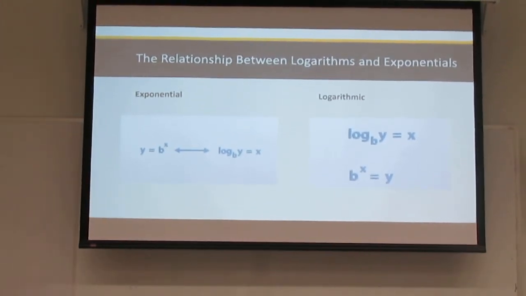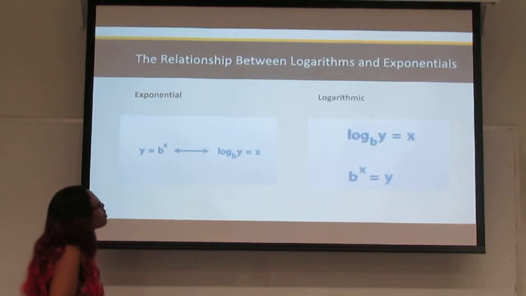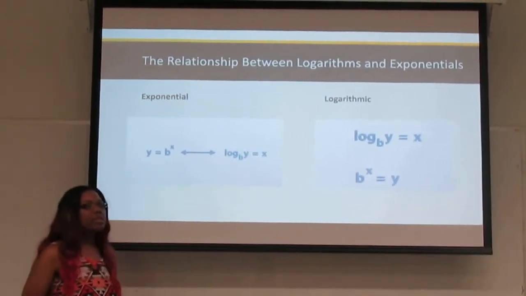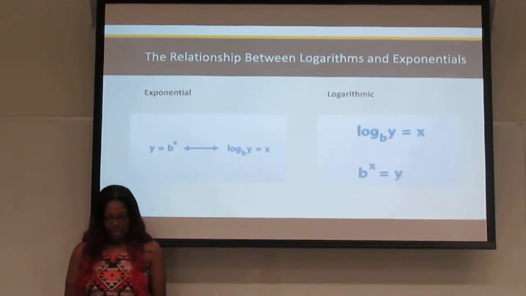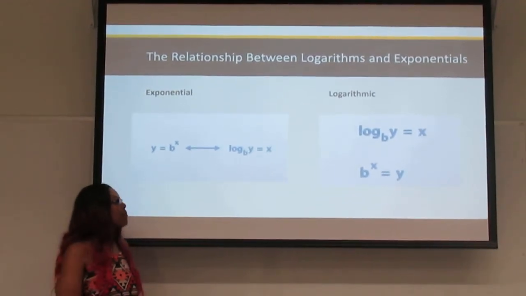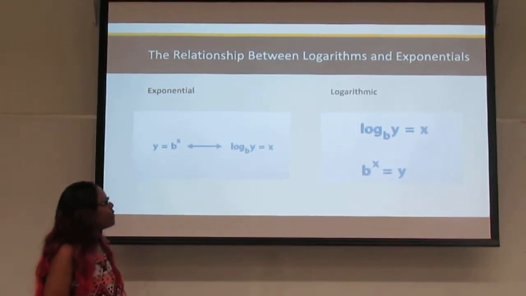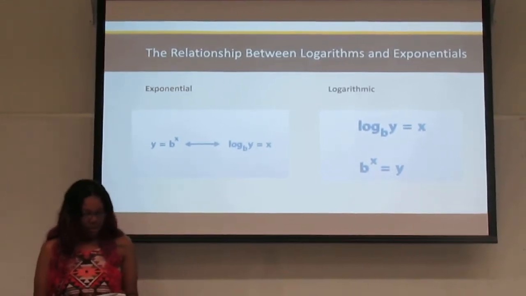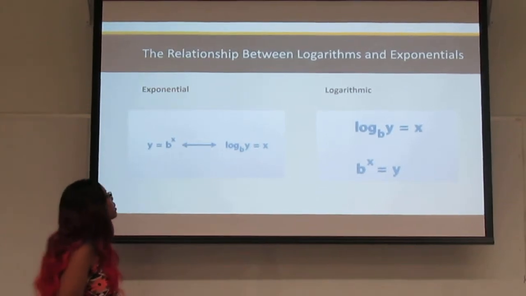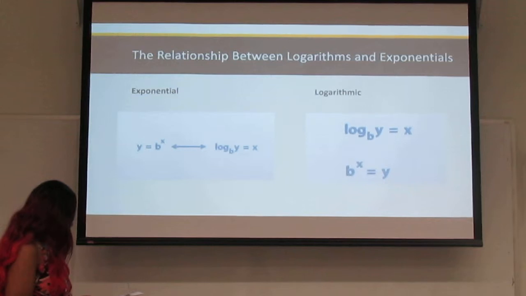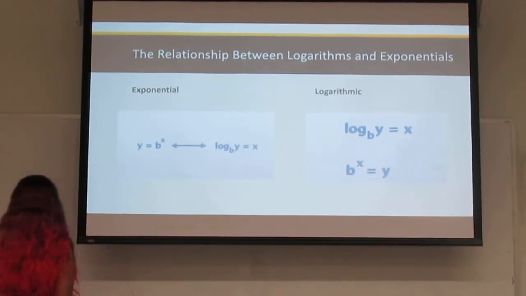The relationship between logarithms and exponentials. Logarithms are considered to be the opposite of exponentials, just as addition is the opposite of subtraction and multiplication is the opposite of division. Logarithms, or logs, are the inverse of exponents. The relationship for exponents in terms of log is